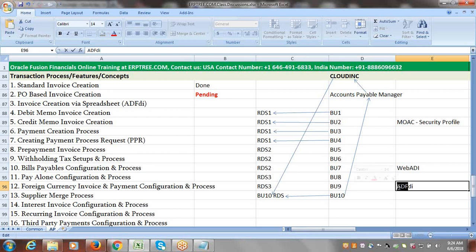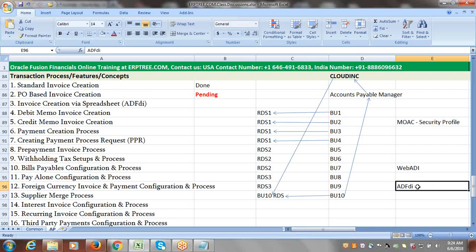Based on this functionality, we call it ADFDI, desktop integrator, which is equal to ADI, application desktop integrator. So this ADFDI is equal to EBS Web ADI as it is, and they extended the usage of ADFDI